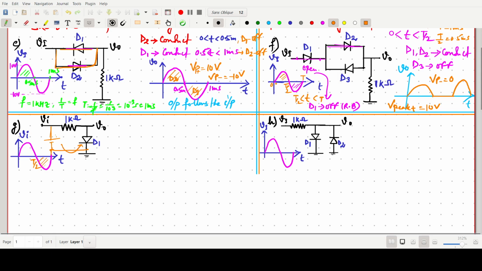For the negative half I am just putting the DC, but basically this is an AC signal, but for the time being I am saying for the negative voltage, plus 10 or like that, minus. So in this case in the negative half it will conduct, and during the positive half it will not conduct. So the output response